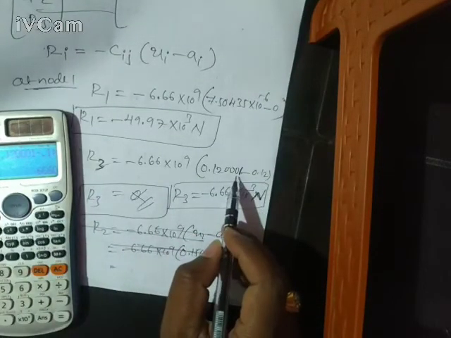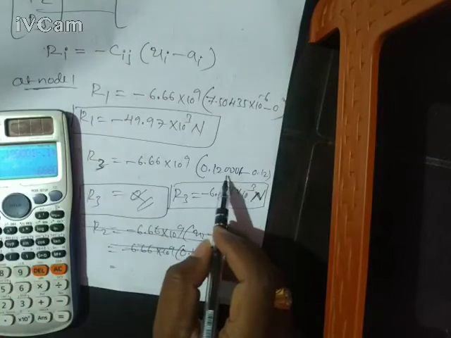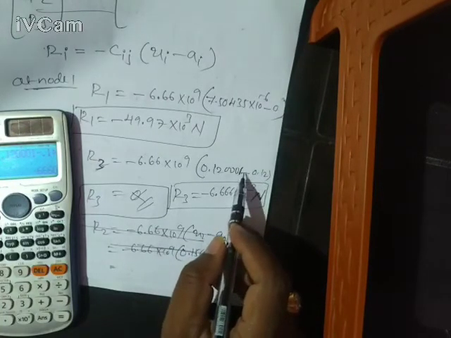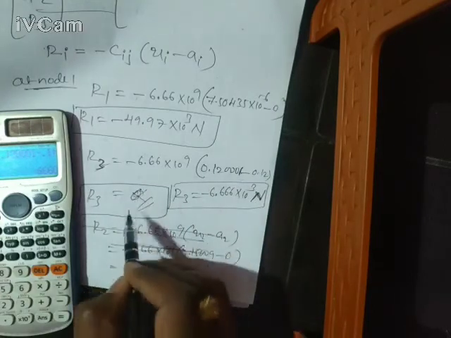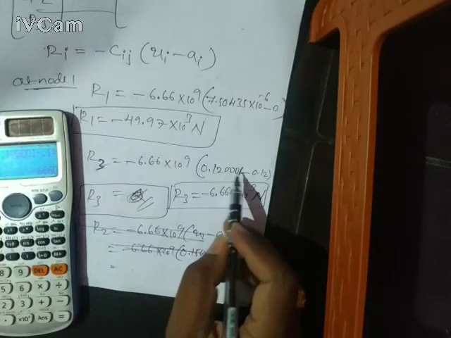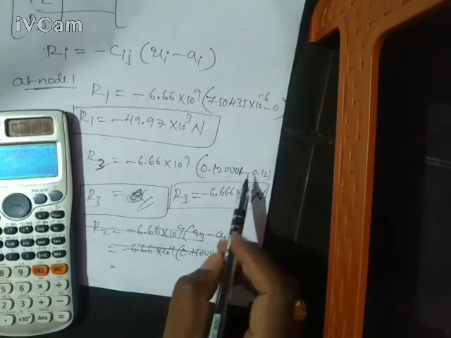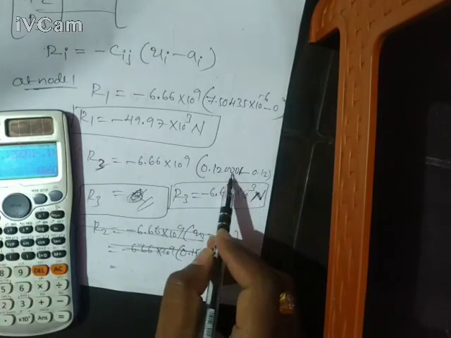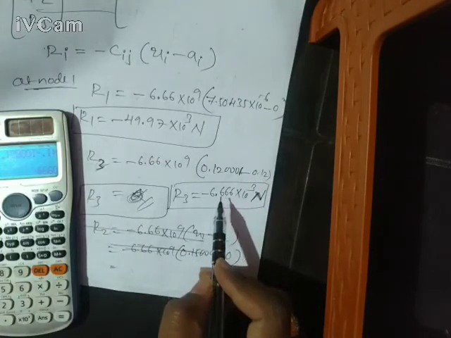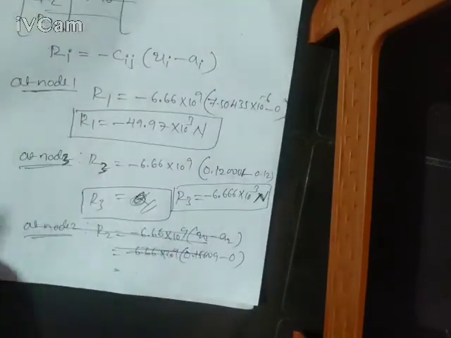The mistake we make is thinking 0.12 minus 0.12 is 0. Initially I assumed it as 0, so that is the reason I wrote 0, but in reality this value will not be 0, because I get 0.12001 if you solve for displacement. Then if I subtract in this, I will get this much value. Fine. So that completes this problem.